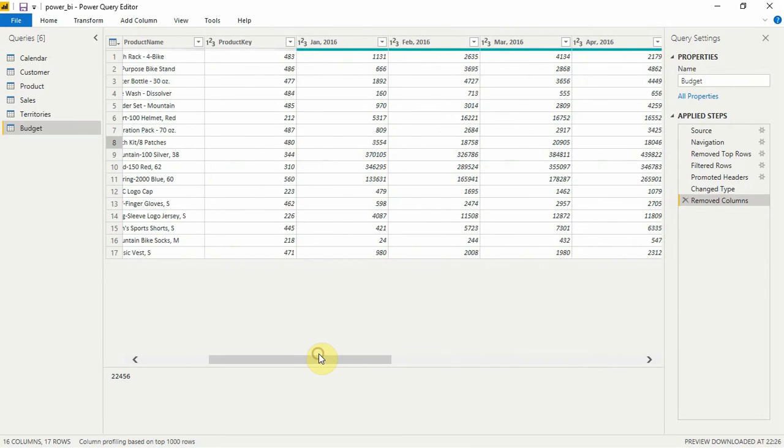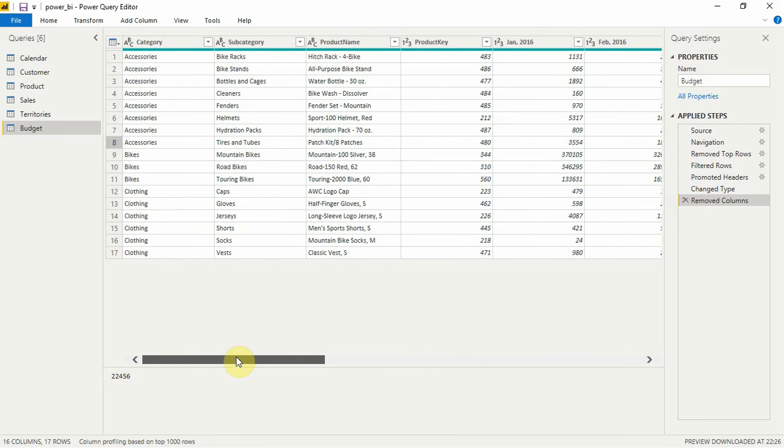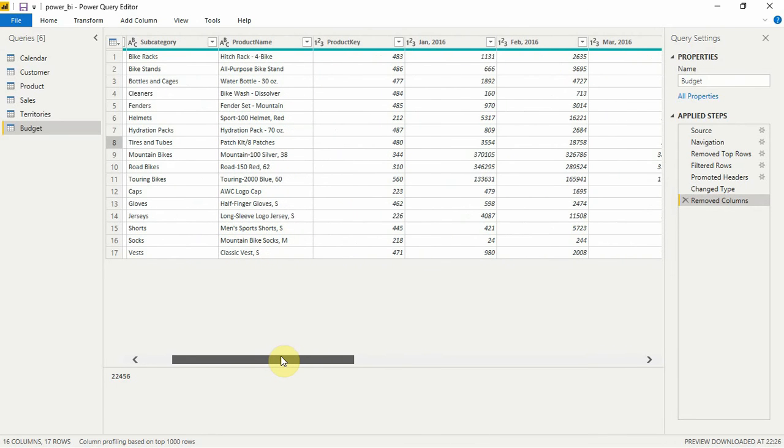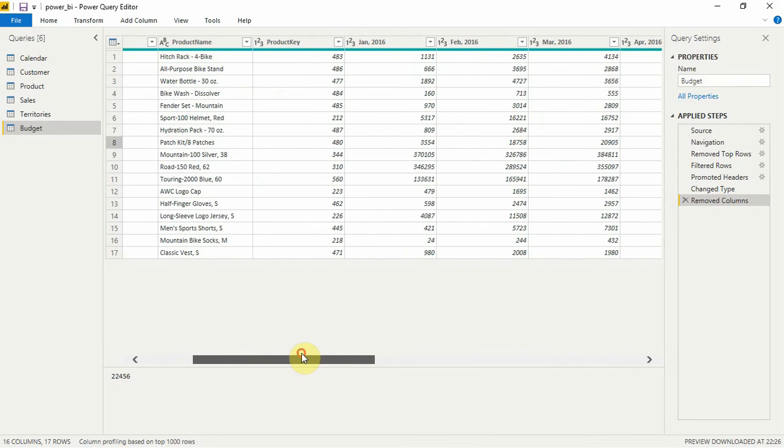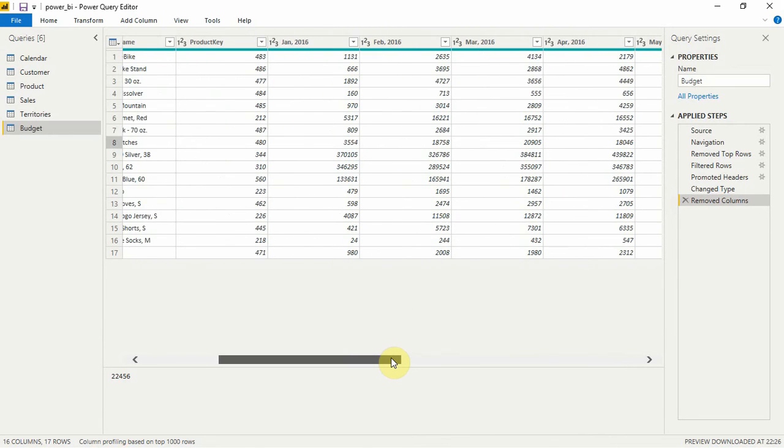Right. So we have cleaned our data, but still this data looks a little bit clumsy, right? I mean, it's easy to see for human beings, like there is a date and then there is all the budget, how much you spent and everything. But this looks clumsy to a machine. So how can we improve this? How can we make it machine friendly? So I'll show you how we can do this.